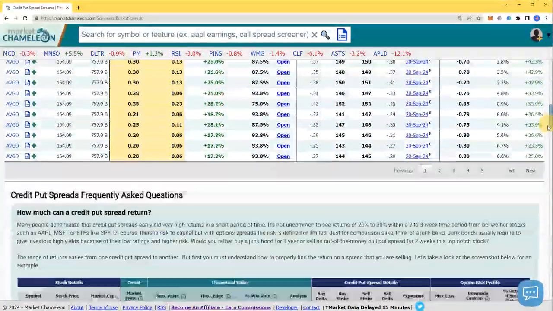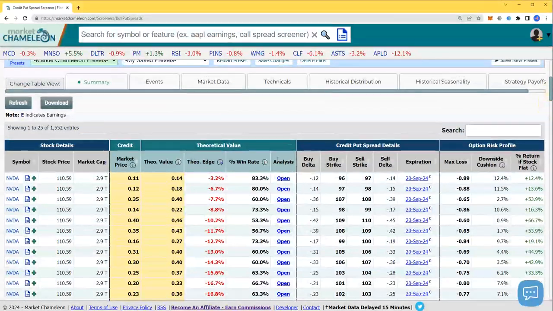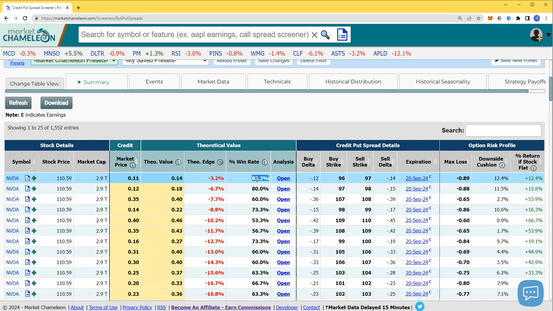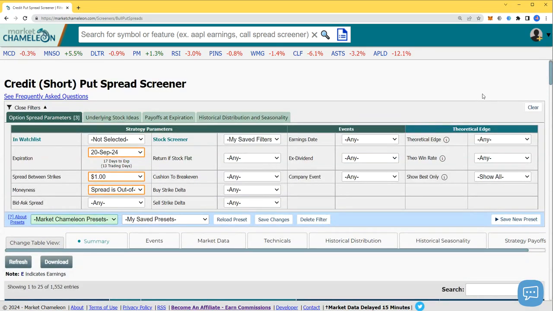More Nvidia, and we're gonna keep going, but here it says, just for the example, edge 80, win rate 83%, negative edge. Let's see what it is. I'm not doing the trade, I'm just looking. So we got a price of 110, it's down like 7% today. And you see, the price is 110, exactly by our filters, and we haven't done all of them, I'm just looking at one example. We're gonna keep going on all of those, but just for this example,